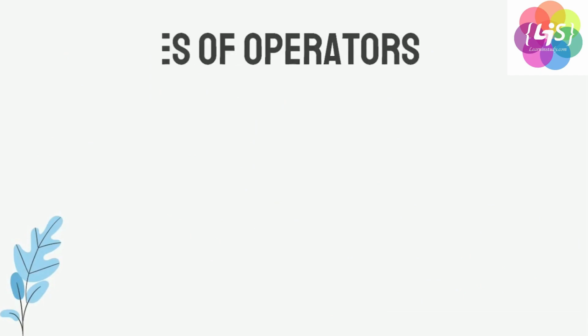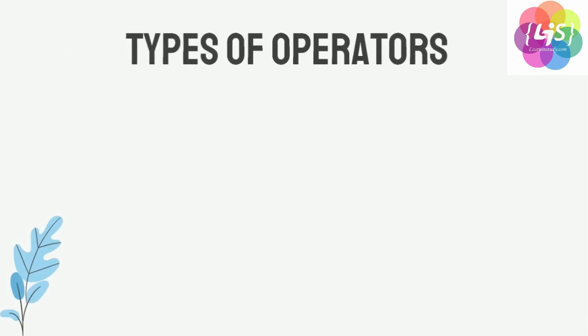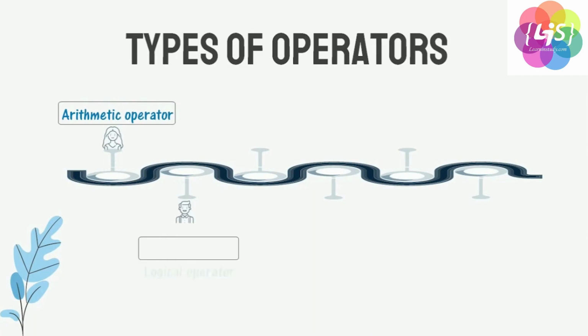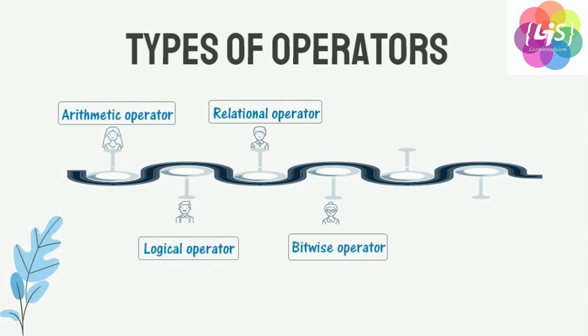Okay, let us now see what are the types of operators. In Python, we have total 6 different types of operators which you are going to see. These all 6 different types of operators include your arithmetic operator. Next, it will include your logical operator. Next, it is going to include the relational operator. Next, we have the bitwise operator. Then we'll see the assignment operator, and in the end, this is the unique operator that Python provides us with,